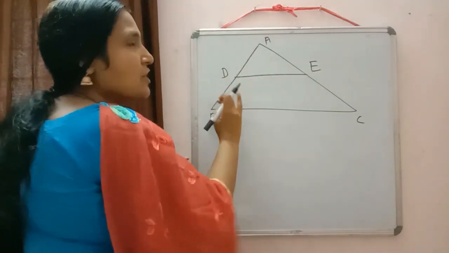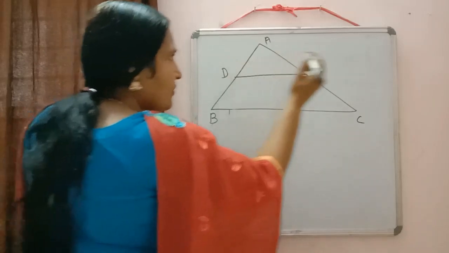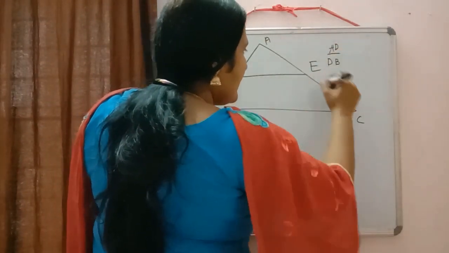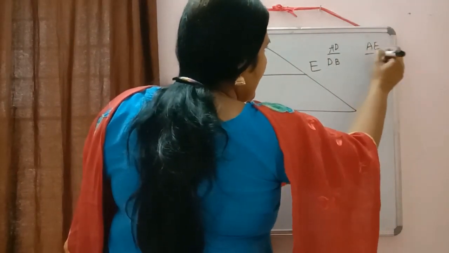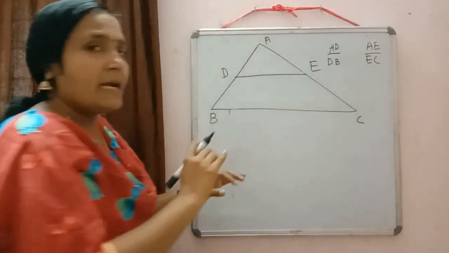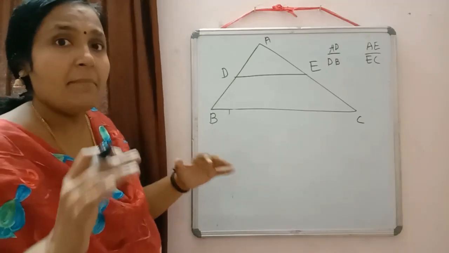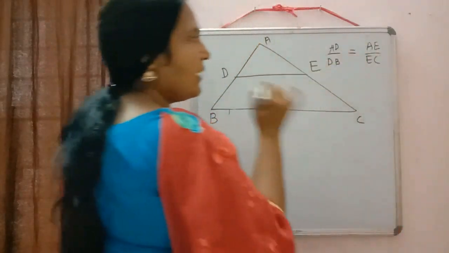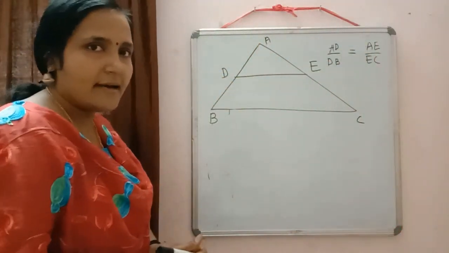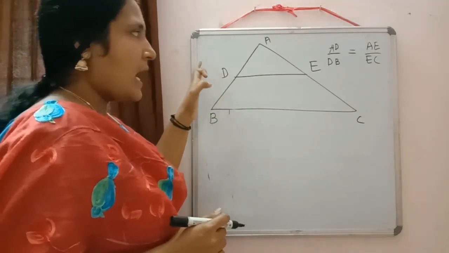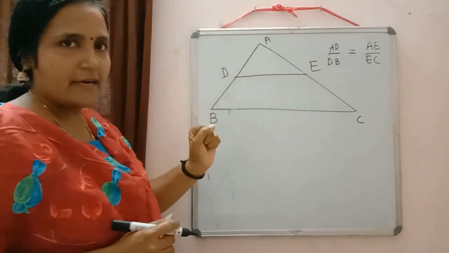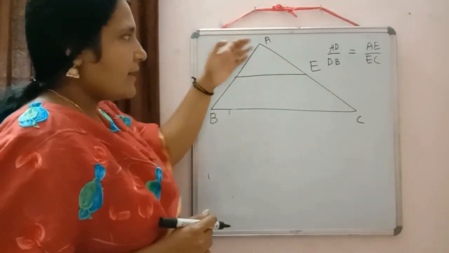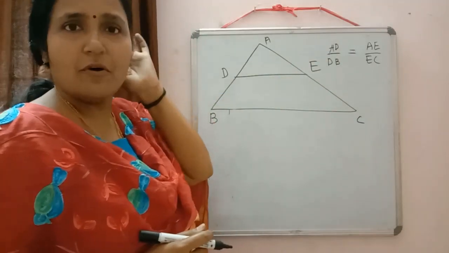So their ratio, when we will write down in ratio, so first ratio will come AD by DB and here the ratio will come AE by EC. So what they are saying, it is divided in the same ratio, meaning these two ratios are equal. That is the statement which is written. So whenever we will draw a line parallel to one side of a triangle, then the ratio of other two sides here, the ratios will be equal. This we have to prove.